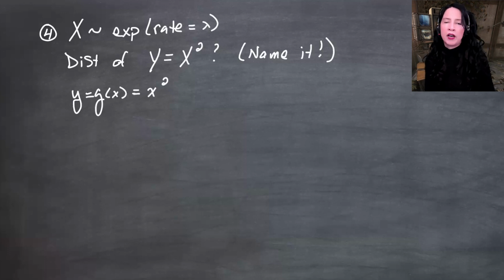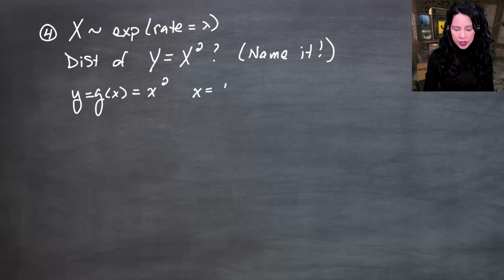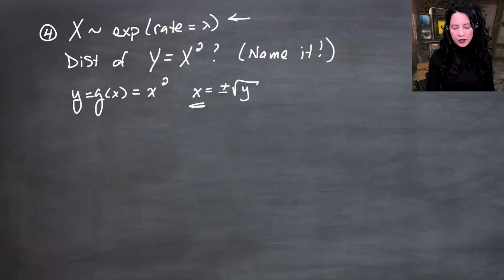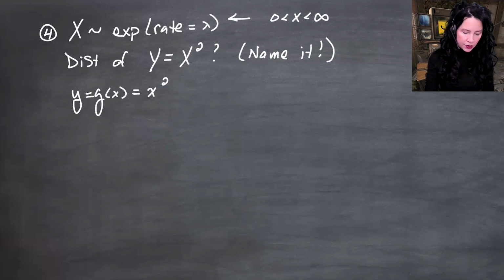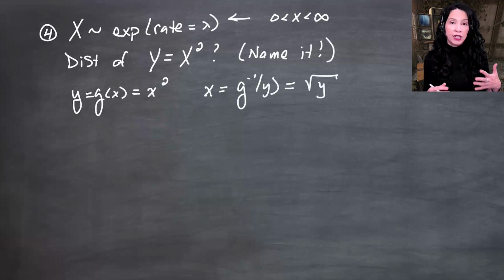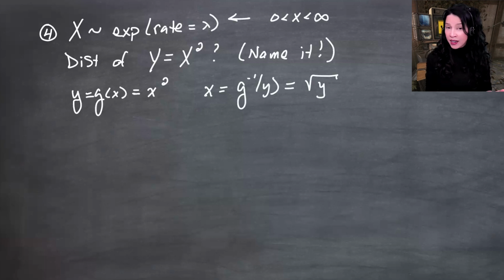And I talked with a couple of you in my office hours yesterday about this not being invertible. So it turns out it won't matter, right? Because x is plus or minus the square root of y. But the x's here only take on values from 0 to infinity. So we can invert this by taking the positive square root over here. And that is what I'm going to do. So I'm going to write x is g inverse of y is the positive square root of y. So it's not invertible in general, but it is invertible in the right region for the support of x,